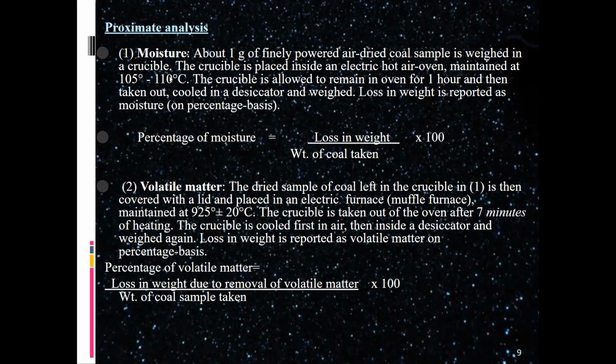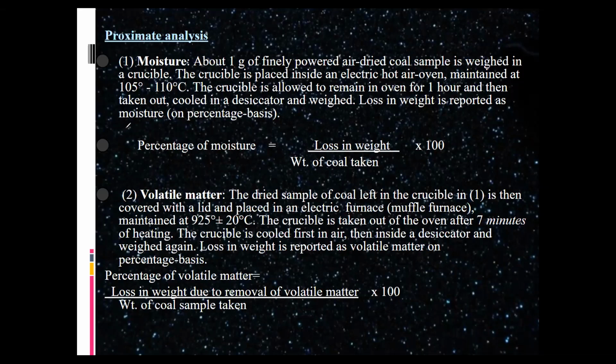So let us see, in the first step, we are going to find out the percentage of moisture. To find out percentage of moisture, initially we are taking 1 gram of the coal sample. We are taking around 1 gram of the coal sample in the silica crucible. So let us assume this is one of the silica crucibles. A silica crucible looks like a beaker, but the bottom is having a silica paste. So this is a silica crucible. In the silica crucible, initially we are taking the 1 gram of the coal sample.